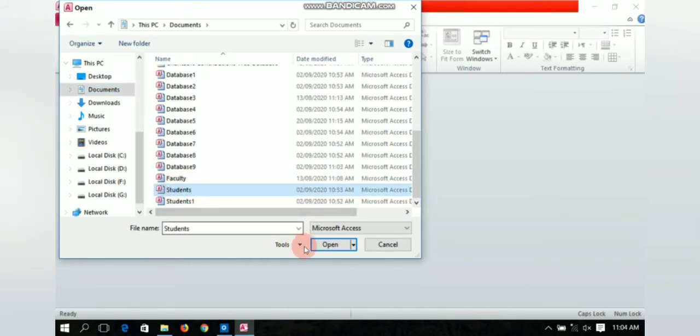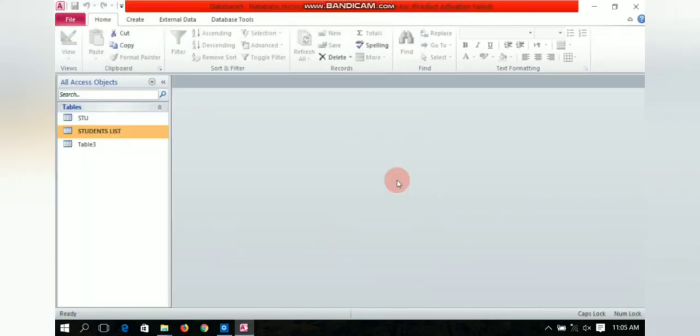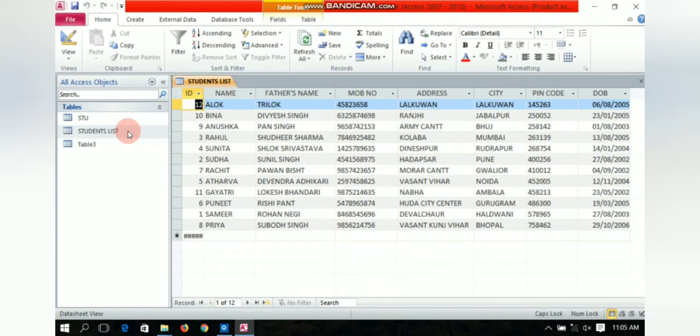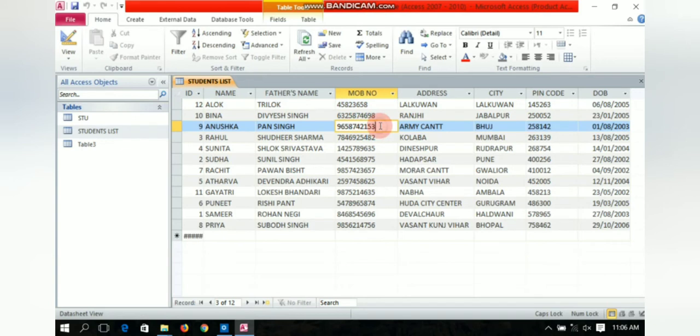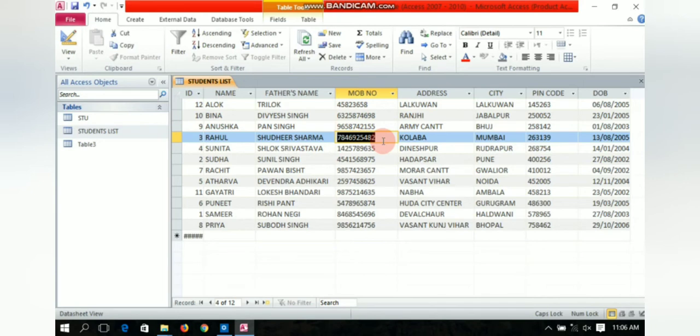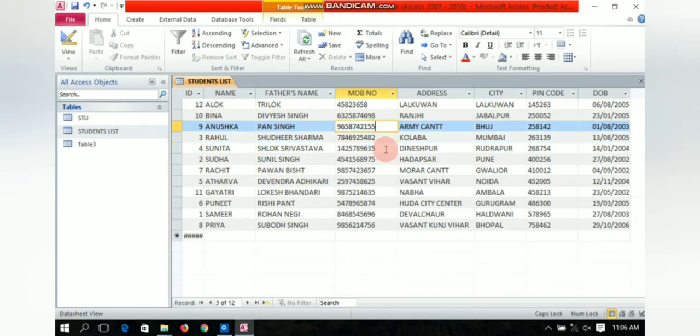in the computer, okay? After opening the existing database, what we will do, we will edit records in a table. So for editing, I need to just select any option, okay? As soon as I edit something, one pencil icon will be here in that row, okay? That means the editing is going on, and as soon as you leave that particular line, the editing is done, okay, and it is saved.